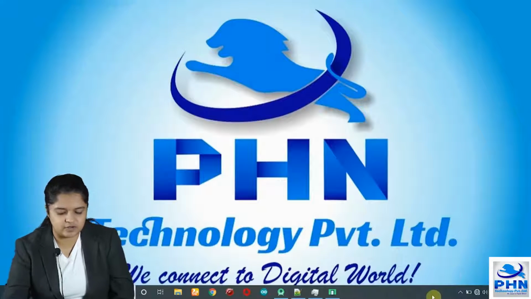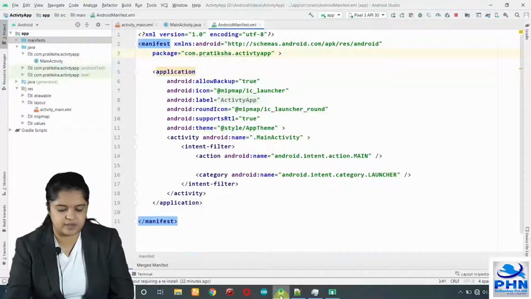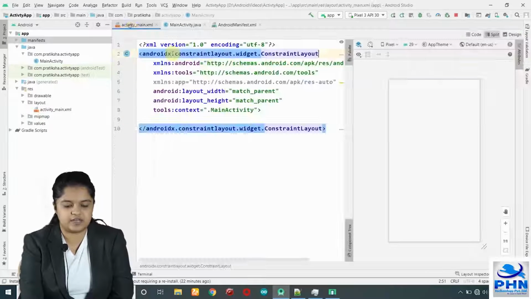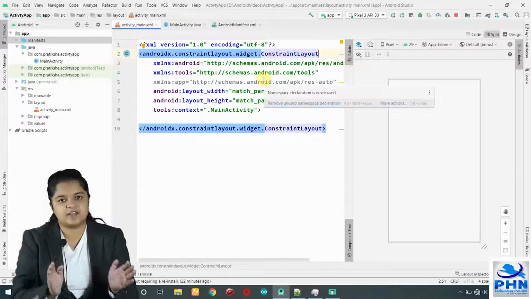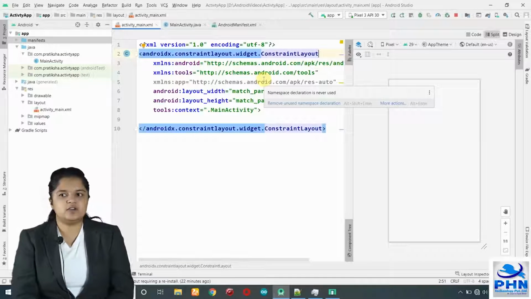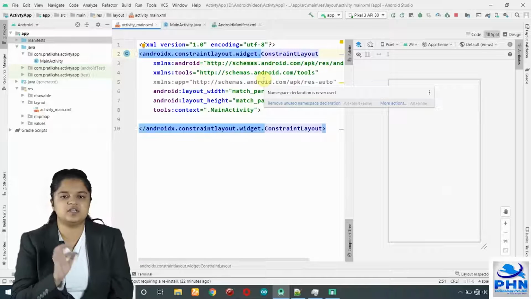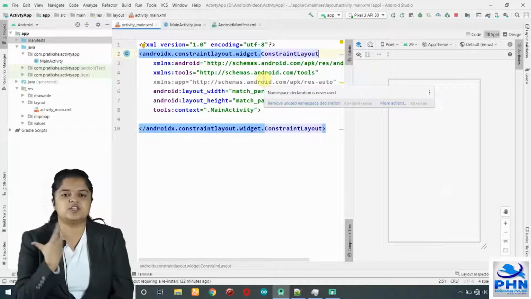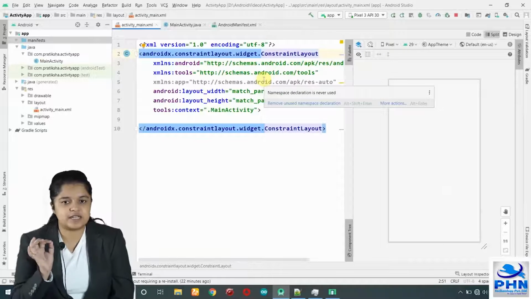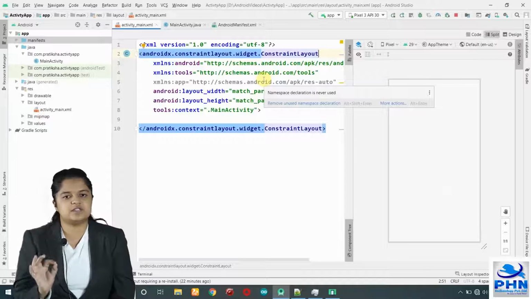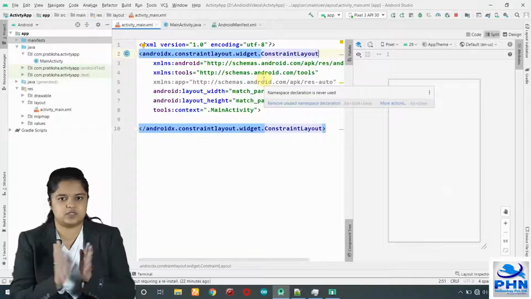Okay. So I have already added a project into my Android Studio. And this is the MainActivity.java file and the design file. Let's begin with the designing. For the alert dialog, we will have a button. Whenever the user clicks on the button, it will ask for the confirmation, like, are you sure you want to download this file? If the user selects yes, we will display a toast message, file downloaded. If the user says no, we will display download cancelled. This is a simple toast message.